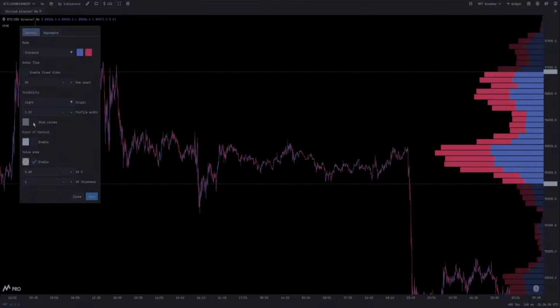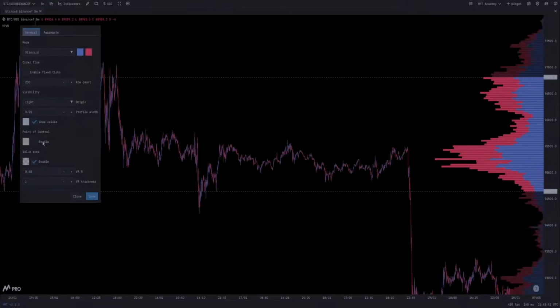Show values, when enabled, will show you the values for the volume transacted within the value area. For standard, it has the sell values on the left and the buy values on the right. For total volume, it will simply show you the total. And for total volume plus delta, it will show you the delta values, so the buying minus the selling, represented